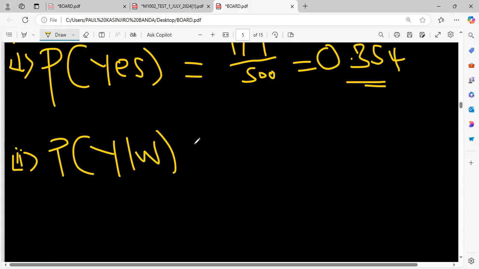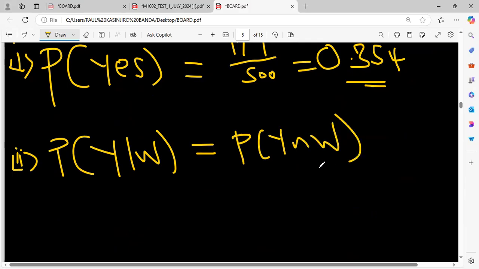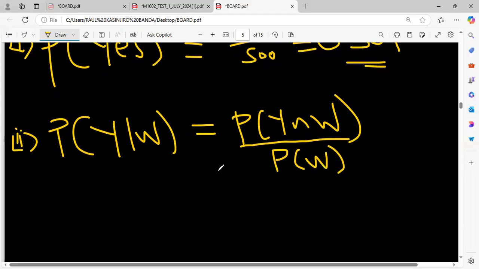So how do you find this conditional probability? You simply say the probability of Y intersection W, and then you divide all this by the probability of what? Woman. So it means we have to find the probability of the intersection and the probability of the woman. So the probability of yes intersection woman is going to be equal to,